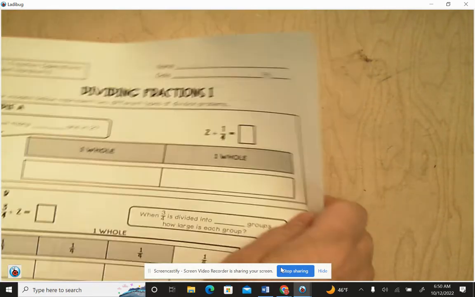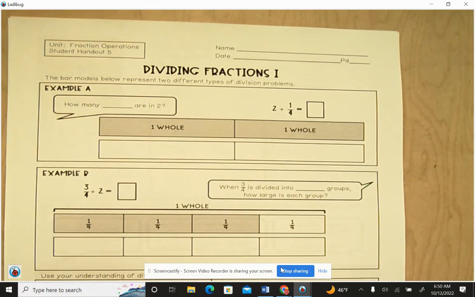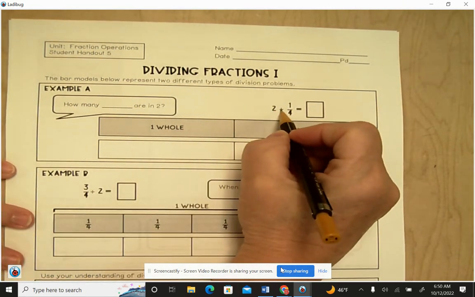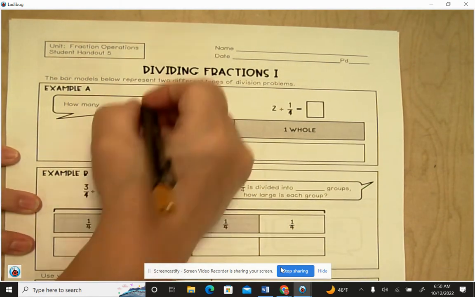This video is on dividing fractions. The bar models below represent the two different types of division problems. In example A, it is saying 2 divided by 1/4. So they're asking us how many 1/4